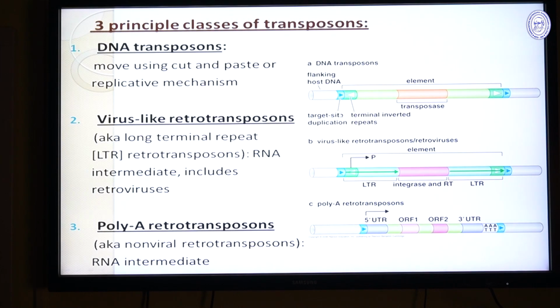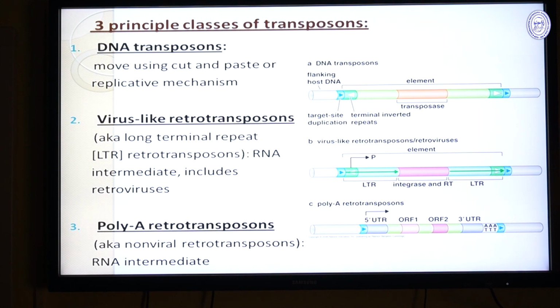So the easiest DNA transposon, or the IS elements, as I have discussed earlier: you can see on the right hand side of the slide, the first diagram, that is a DNA transposon. What is it carrying? It is carrying a transposase gene, two terminal inverted repeats on two sides, and then you have the target site duplication, with which it has attached with the help of the process of recombination. So this is a very simple structure that a DNA transposon is carrying, and starting from one terminal inverted repeat to the other terminal inverted repeat, we call this total thing the element or the transposon.